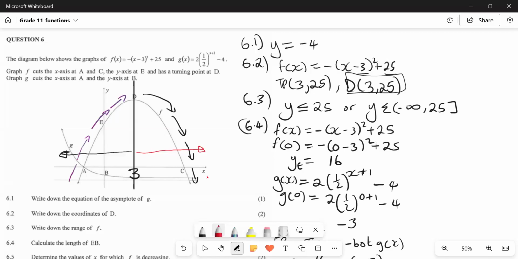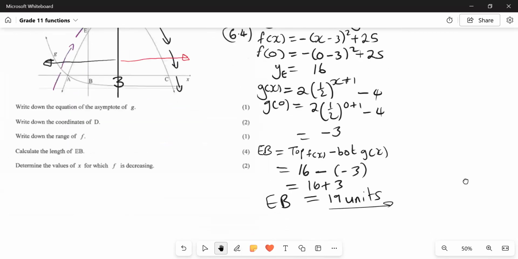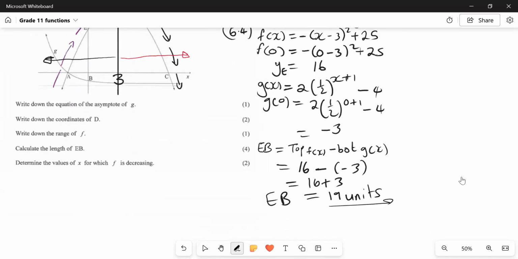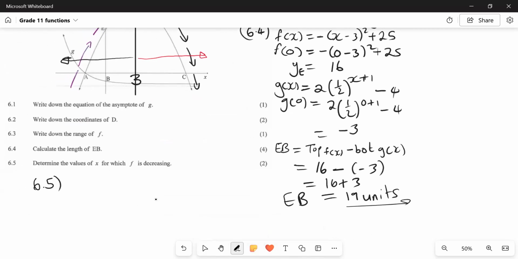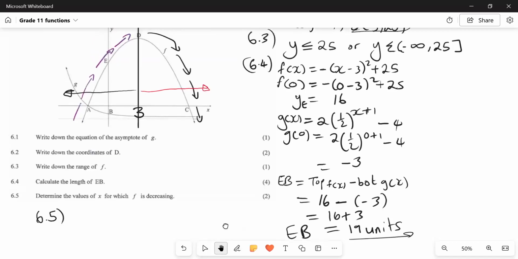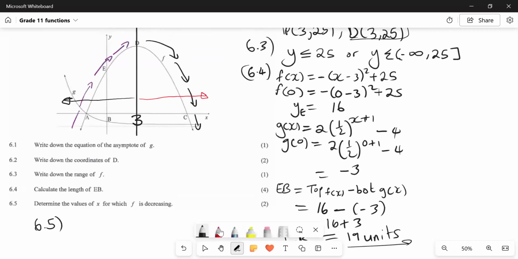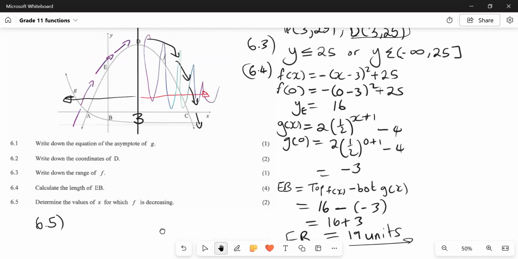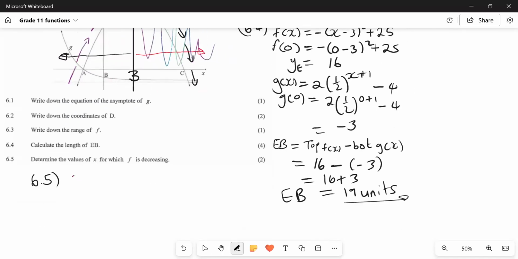So now, how do you write that in terms of maths? How do we write it? The language. We are saying the graph is decreasing from positive 3 to your right hand side. That's where the graph is decreasing, right? So we need to say x should be greater than 3,